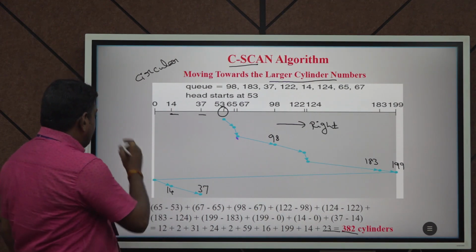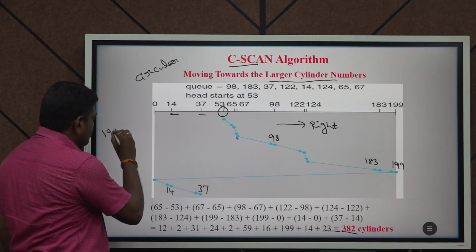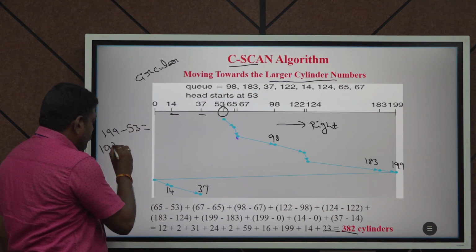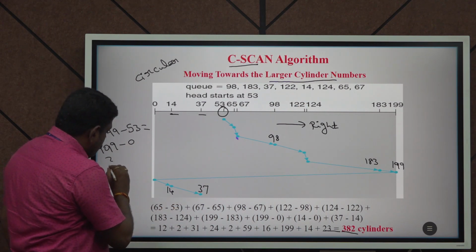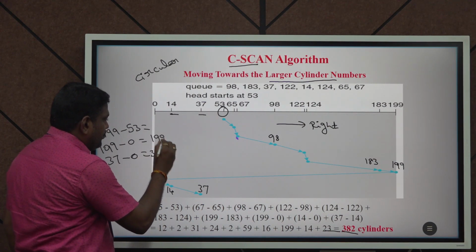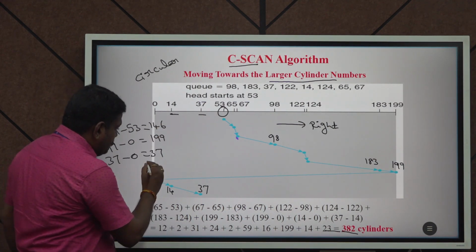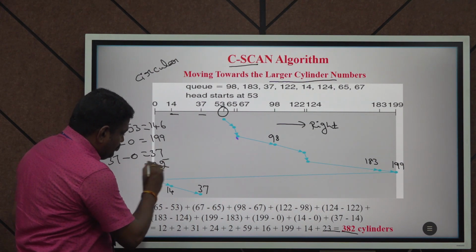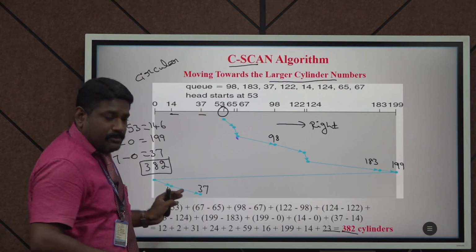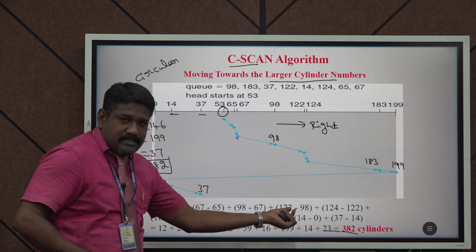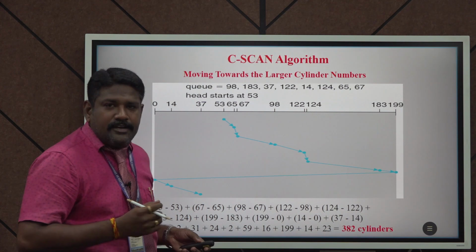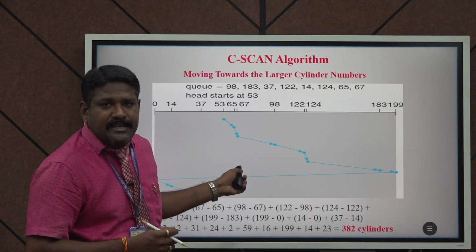Or simply, we have to calculate the differences: 199 minus 53, then 199 minus 0, then 37 minus 0. If we sum up all these values, we will get 382 cylinders. Until you become an expert with this problem, just take the differences and sum up all the values. The next two algorithms, LOOK and C-LOOK, are extensions of the scan and